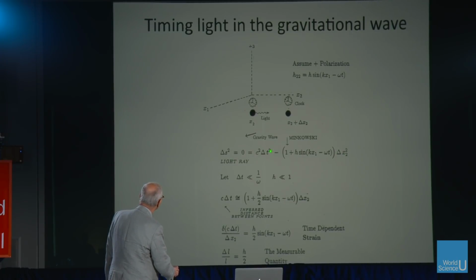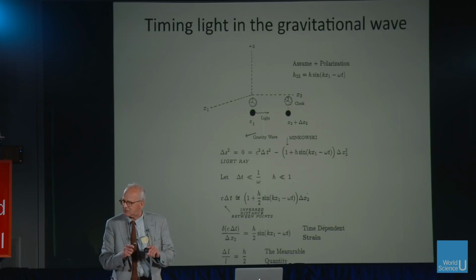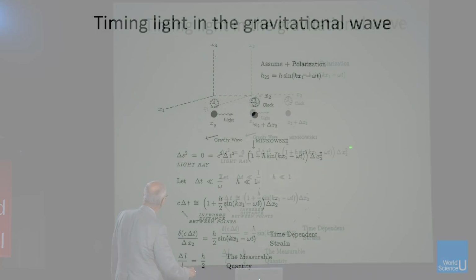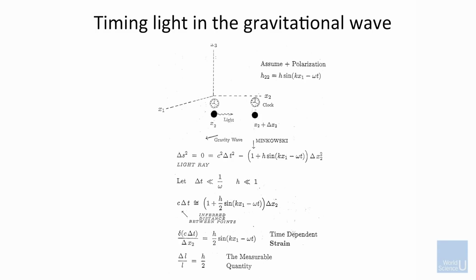That's this. And the time that's kept by clocks in this particular representation, the coordinate time kept by clocks is the same as proper time by the clocks. There's nothing fancy going on. So the time does not get changed. And it's a very simple equation. You can solve it for the case of h being small, which always happens. And also, let's make the gravitational waves not move so quickly that they change a lot between the time the light goes from here to there. So that's the second condition.